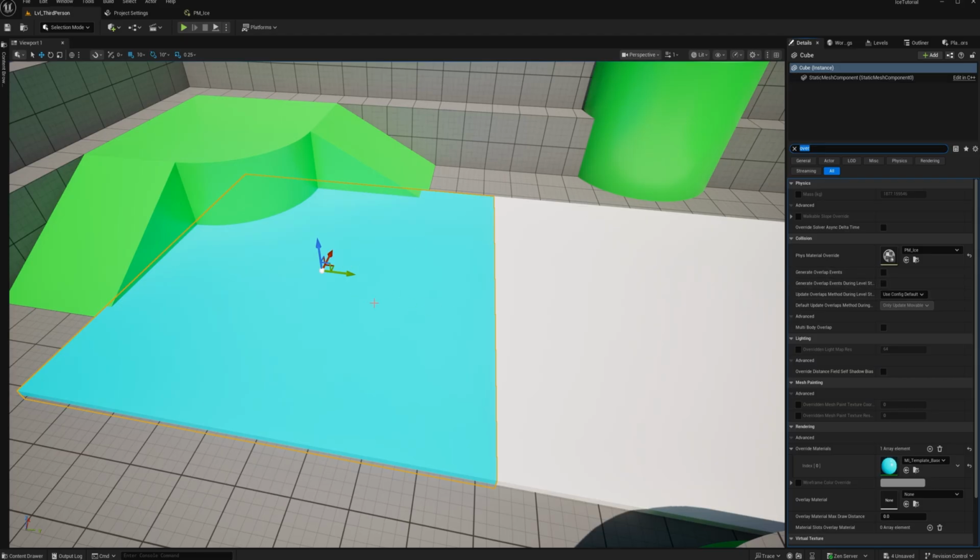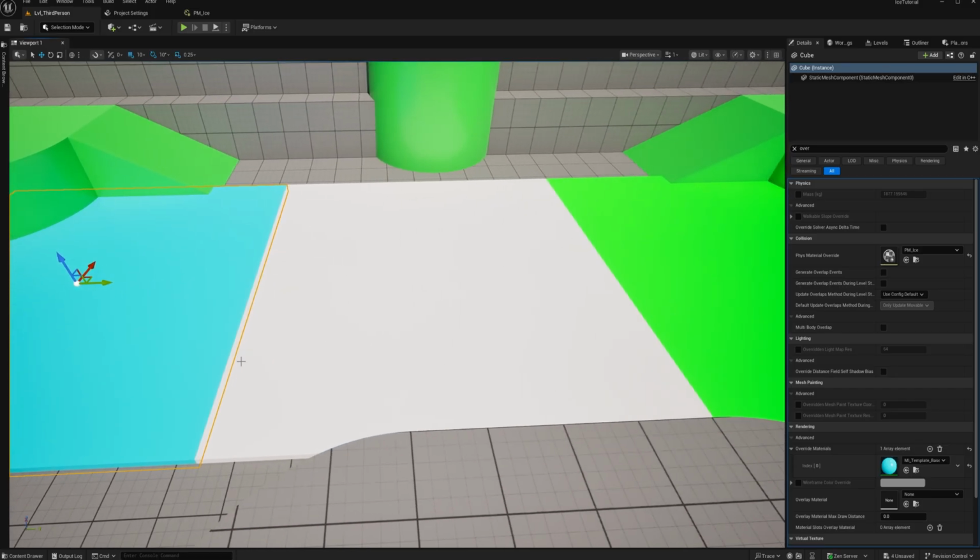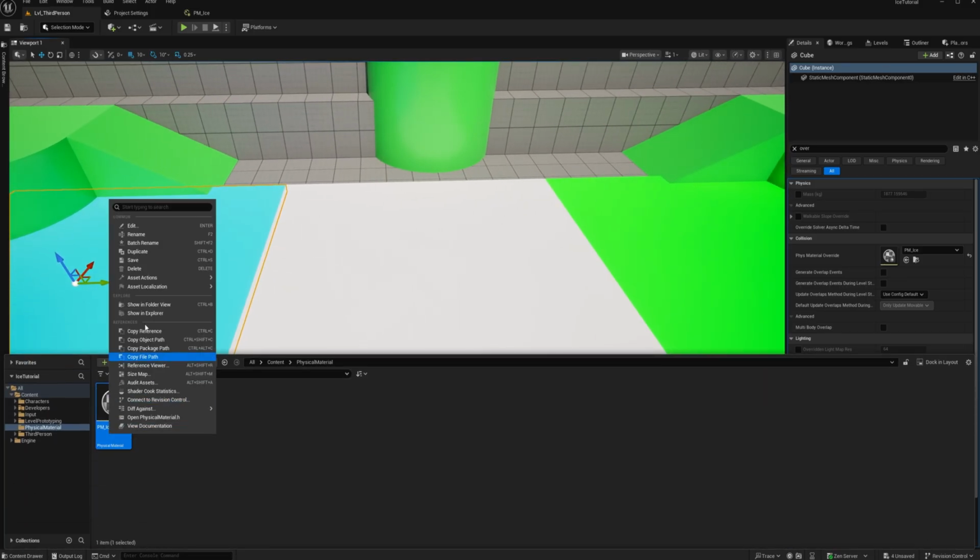And then one other thing we have to do, which I forgot in our PM ice, we also want to set this physical material to be the proper surface type. So if we look under physical properties, we see surface type, and we'll just set this to be ice. So click save. And then let's make one for snow. So just do duplicate